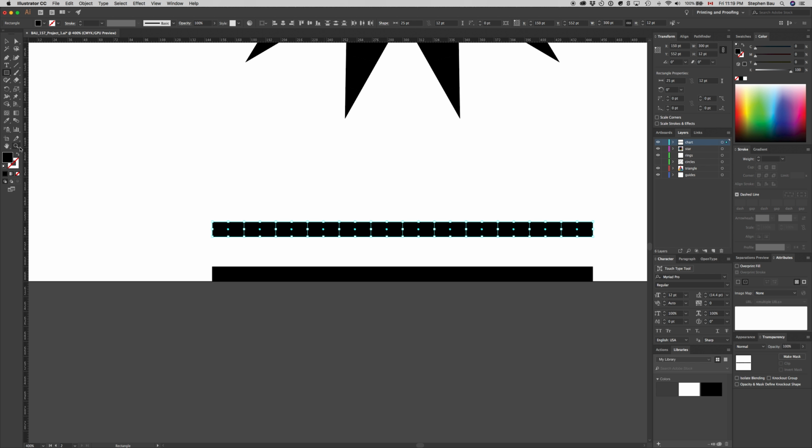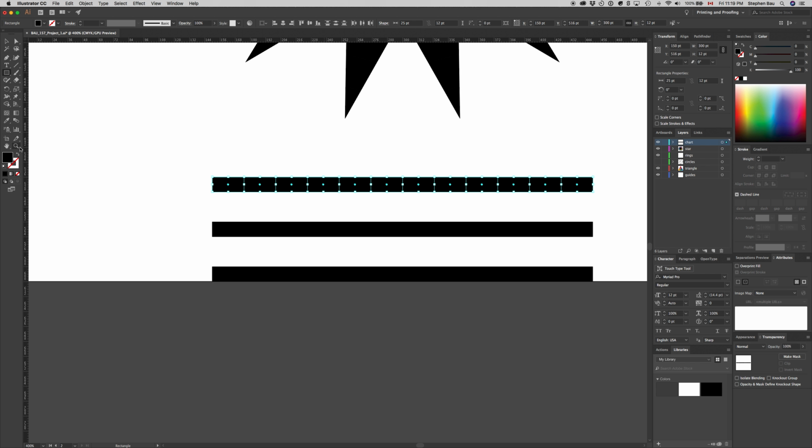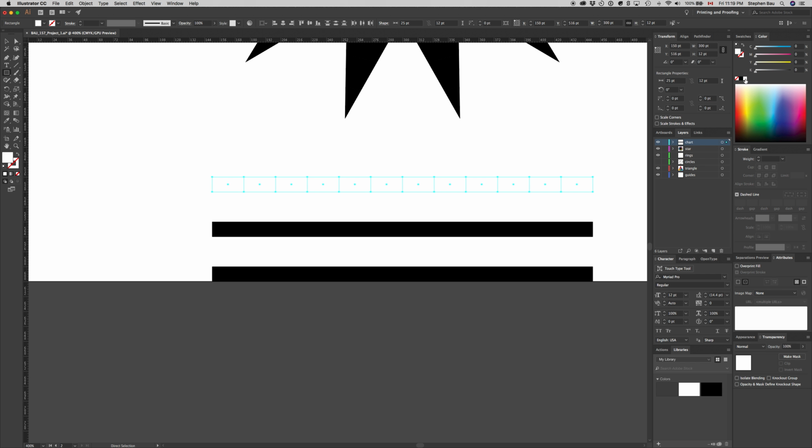So transform again to copy another row of rectangles, so you have 3 rows of rectangles. So Command D, now I've got 3 rows of rectangles. So I'm going to set the top row to a fill of white. So they're already selected. I can just click on white and they're all white. Using the eyedropper tool, apply colors to the bottom 2 rows of rectangles that correspond with